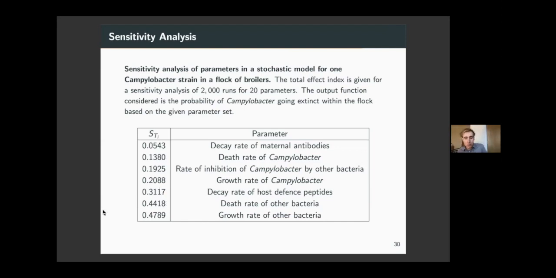And specifically, we also see that it's not too important how much those other bacteria inhibit Campylobacter. You don't even have to enforce the bacteria that are shown to be particularly good at inhibiting Campylobacter, like lactobacilli, for example. You just have to make sure there's lots of other stuff in there. That seems to be a really important way to possibly keep Campylobacter out.